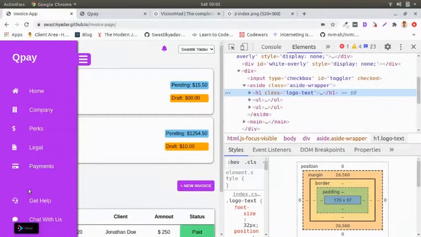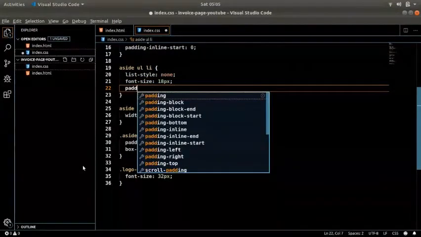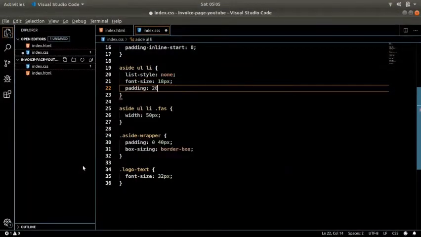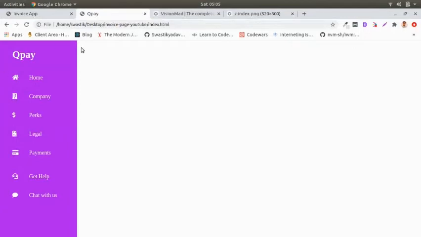Li should have some space between each other, right? So for that I will add 20 pixel of space. So padding on the li will be 20 pixel top and bottom, but nothing on the left and right. Okay, that looks pretty cool.